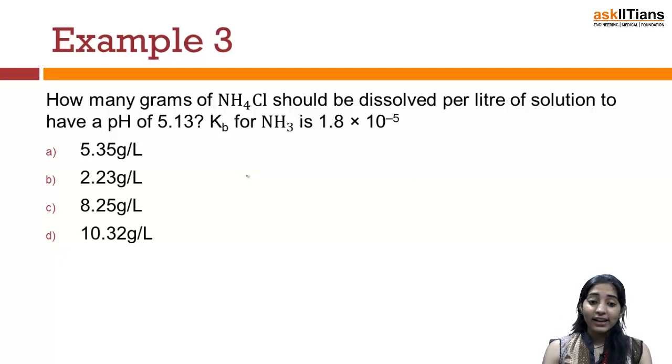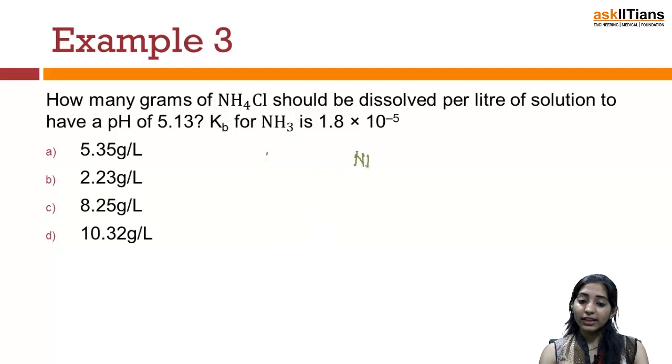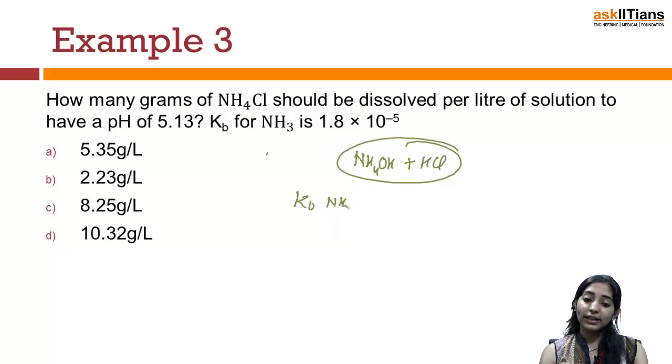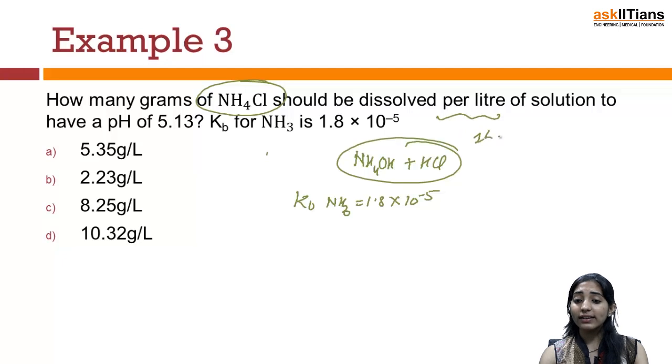Now we can say that NH4Cl is a salt of a weak base, that is NH4OH, plus a strong acid HCl. Now Kb for ammonia has been given to us as 1.8 into 10 to the power minus 5, and he is saying you have to find out the number of grams of NH4Cl that should be dissolved in 1 liter of solution, and he wants the pH of the final solution to come out to be